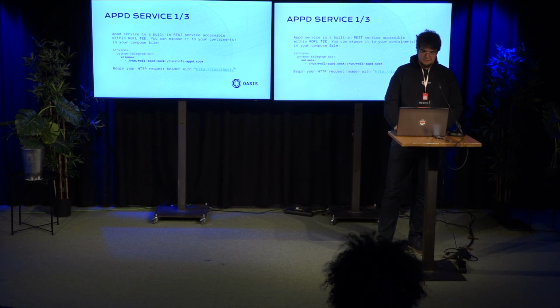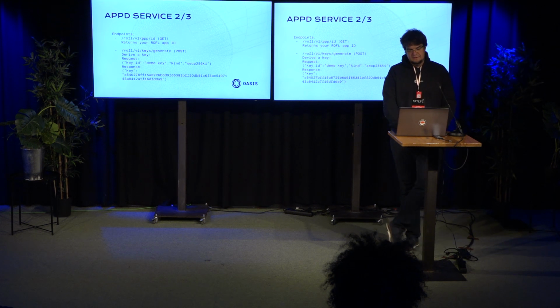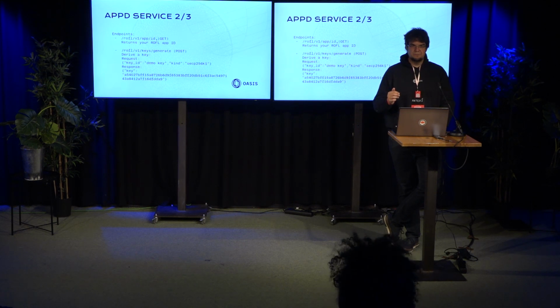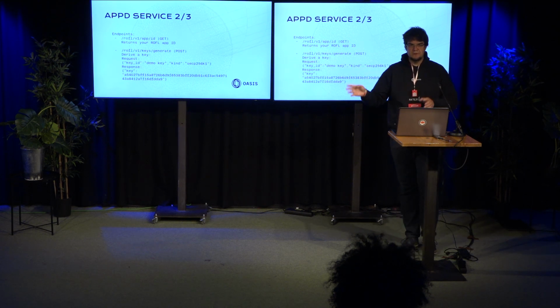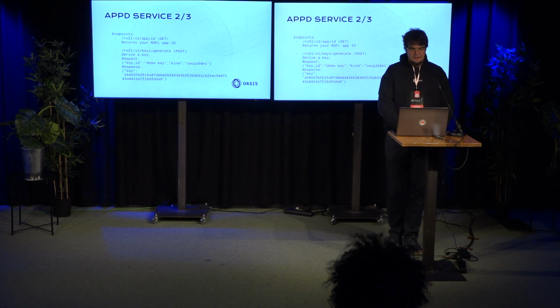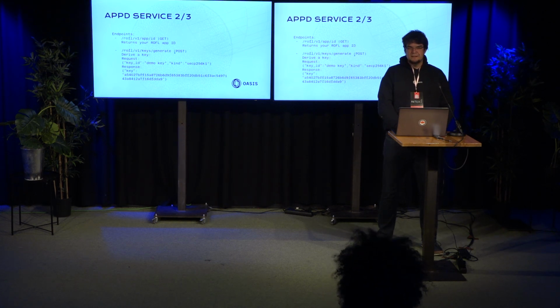Okay, now what are the endpoints? The first endpoint is the app ID. It just means: give me the app ID I'm currently running, and that's it. The app ID is the one starting with raffle1 something, so it's a bech32 encoding. This is useful, for example, if the app wants to know its identity.